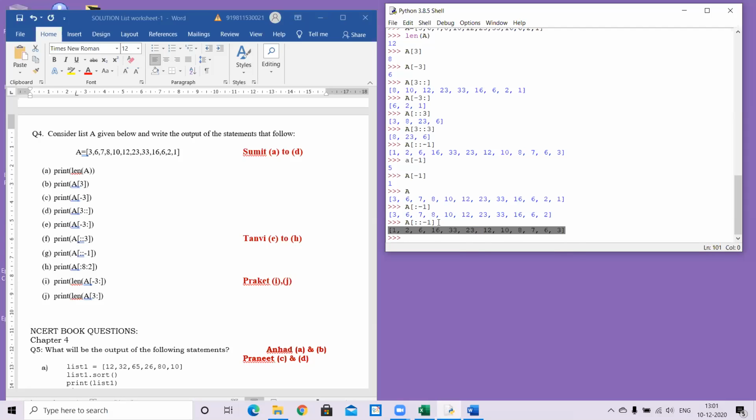Now I really can't justify why it is reversing. Frankly speaking, this is like a rule set for it. If I write it like this, it reverses. Anybody can justify this? Step value -1, so it is like beginning to end, but with step value -1, it goes from end to beginning. I really can't justify this, but this is how the reverse will come. Set pattern. Either you use a reverse function or you use this way to get the reverse of the list. Fine, let's move on to the next one.